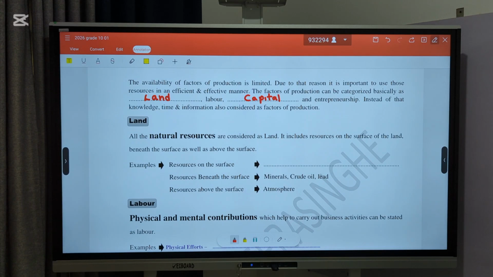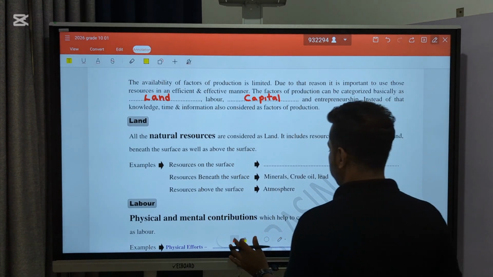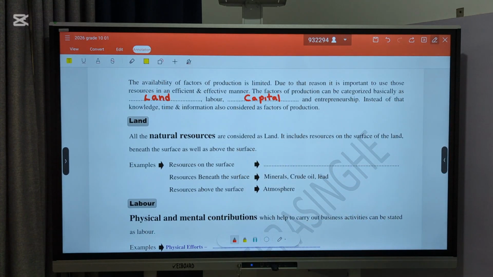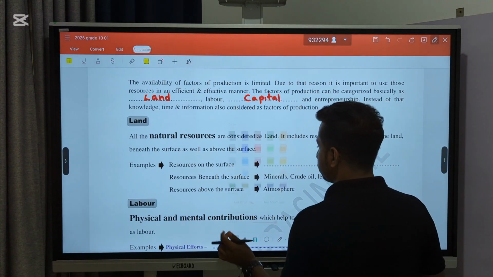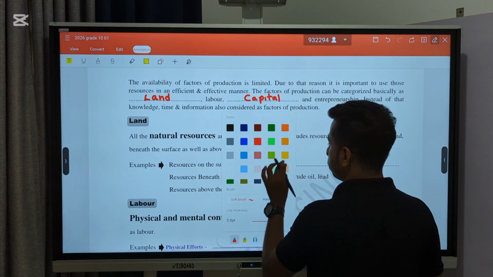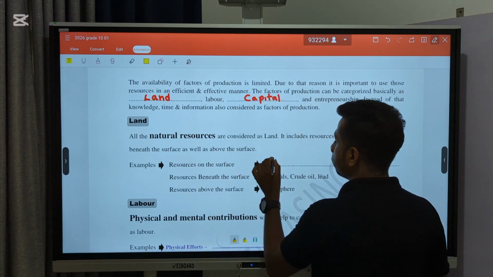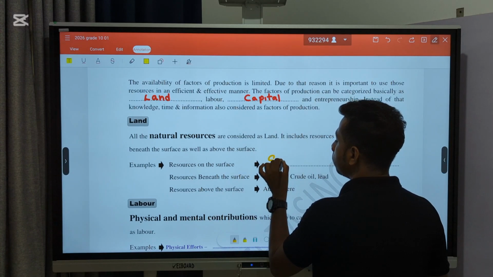What can you see as natural resources on the surface? Come on, you can mention here trees, forest, soil, dear children, as examples. So you can mention a couple of examples here for the resources on the surface as soil,